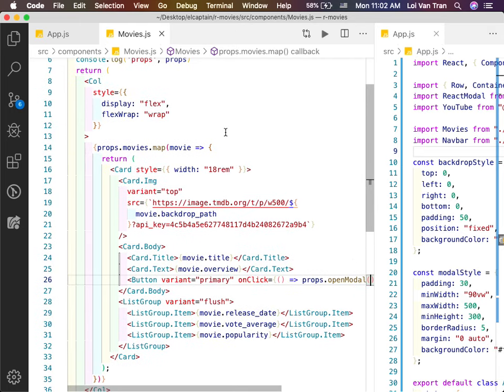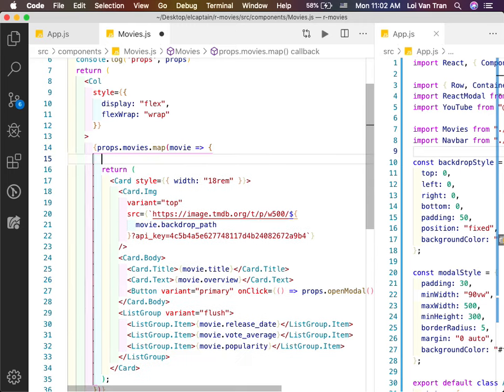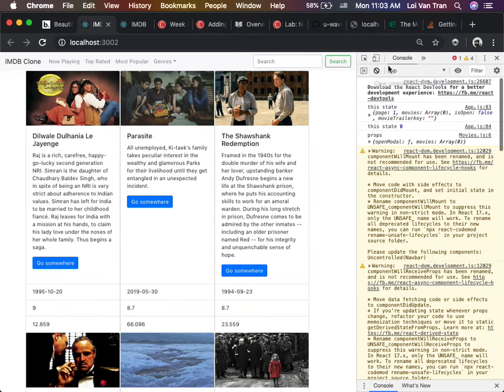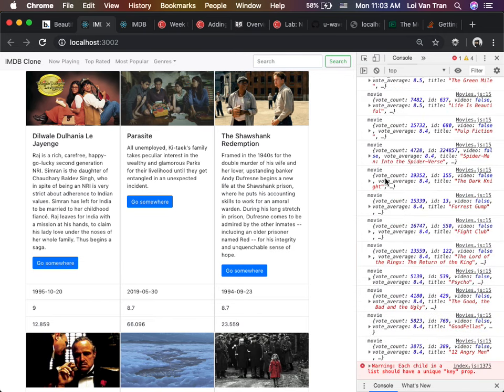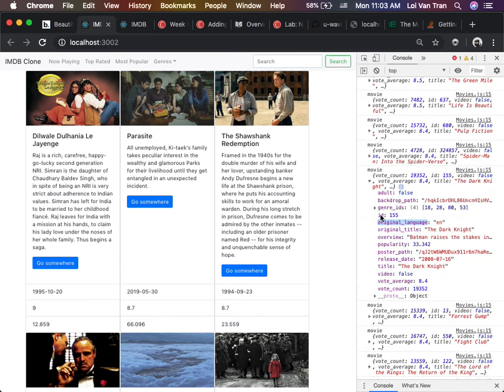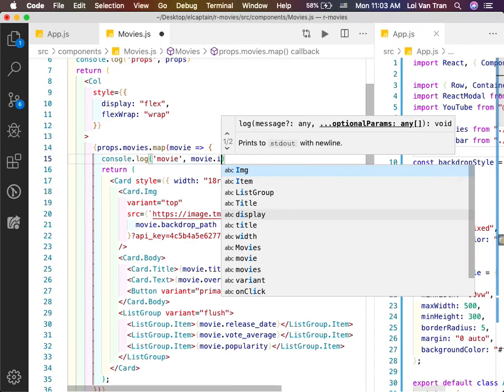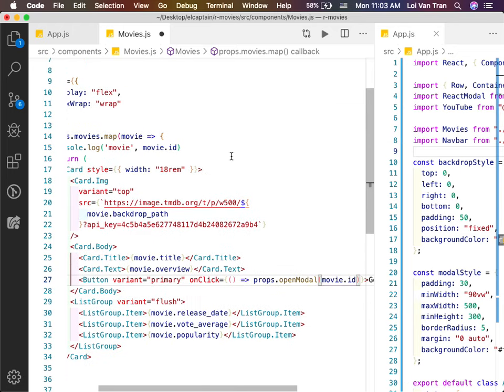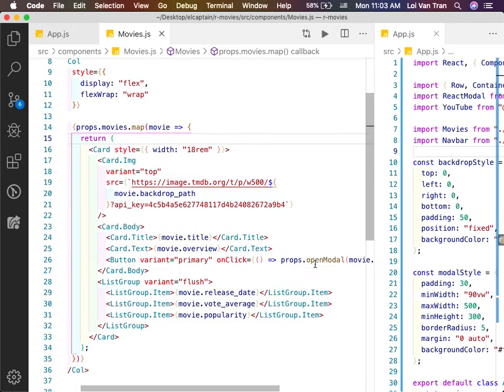So it's a very good thing that we siloed off our code, because now we can think about, okay, well, where did we define all our information about our movie? And that's inside of our movies thingy, okay? So let's go ahead and look at our movie, okay? We see a whole long list of them right here. What do we need here? We need the ID, okay? I think we need the ID. I'm pretty sure we need the ID. And we're gonna do what with this? We're gonna pass it to the open modal. Right there, very simple. So where is this argument going to go, open modal?